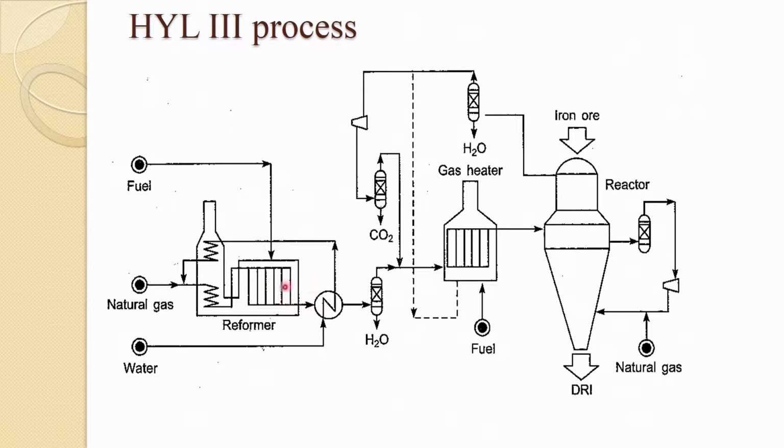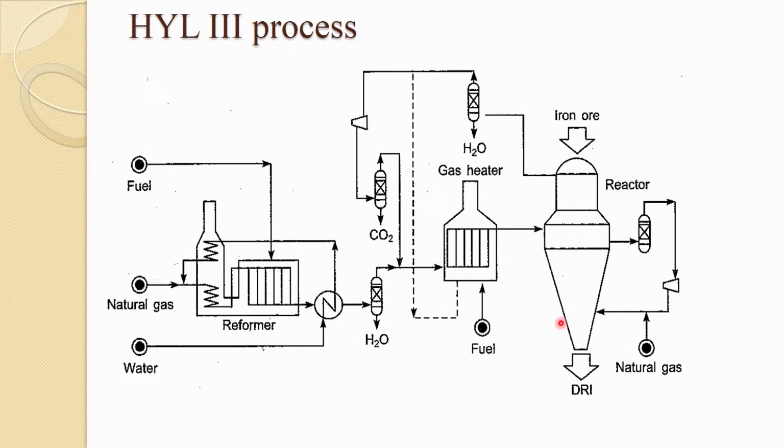This is a reformer by which to get the proper CO and hydrogen content into the gas, and this is fed again into the gas heater at the desired temperature, after you condense and remove the H2O. And this is just a burner and not a heater, not a reformer, and those heated gas goes to the